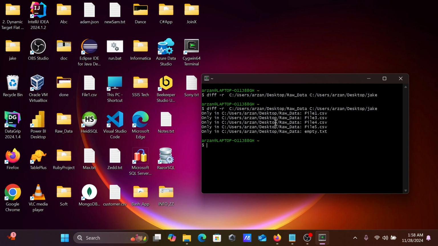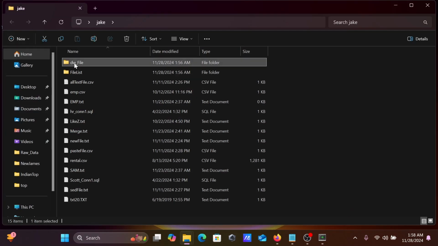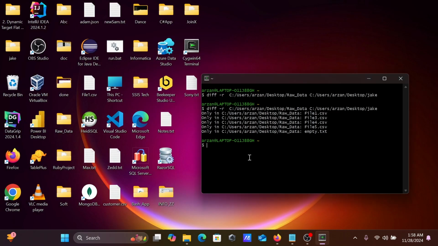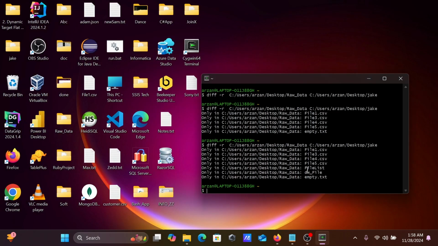So this difference comes there. You can also use these two directories, which are not present there, and if I use diff, this is blank. Now if I remove some files from raw_data,